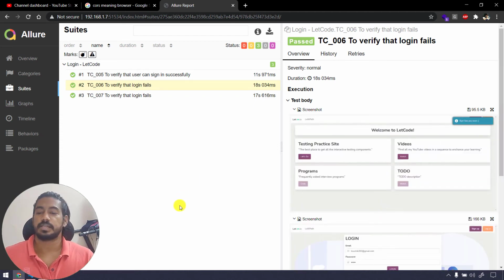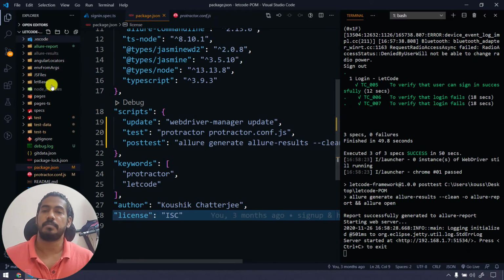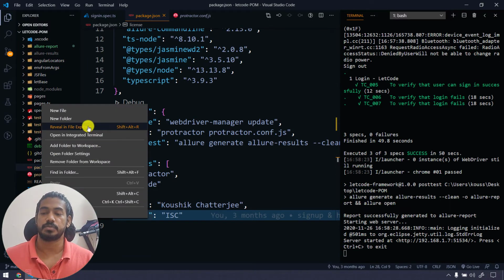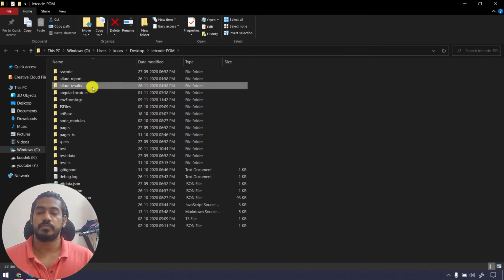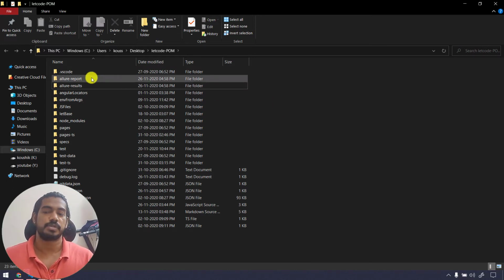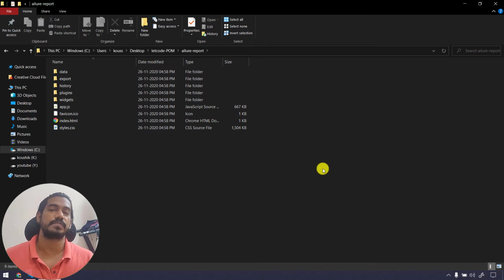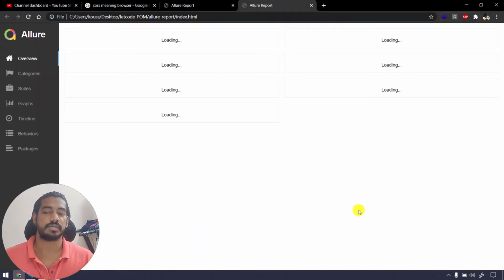That's really cool, that's really easy, but still there is one catch in this. Let me show you. If I go back to the package explorer and open this in Explorer, we always get this allure-results folder. From there we say Allure serve, and that's going to bring up the report. Now we have this allure-report folder where we have stored all the data from the allure-results folder. But still, if I open this index.html, it's actually not going to work. It just keeps on loading.